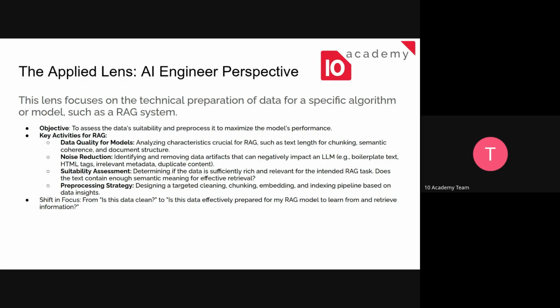Okay. So what matters for chunking is the text length. The data quality for models will help us. If our data is poor in quality, one chunk will contain a large amount of poor data, so it is going to be costly, like a large amount of empty space or quotations. The other is noise reduction, which is identifying and removing data artifacts that can negatively impact an LLM, like